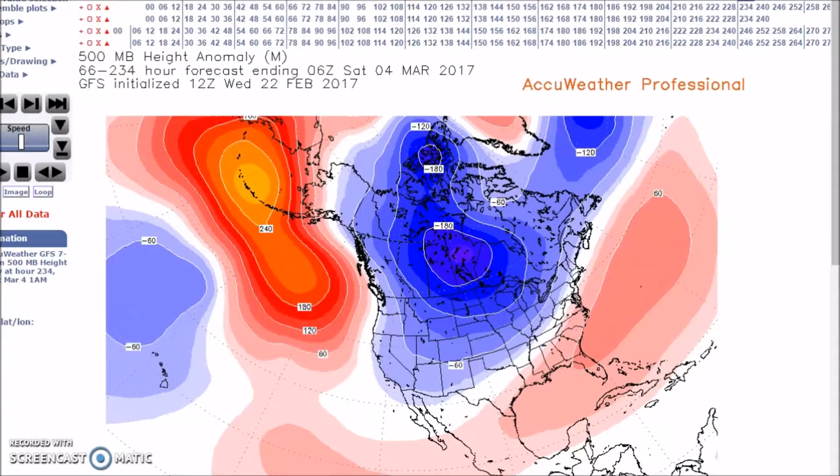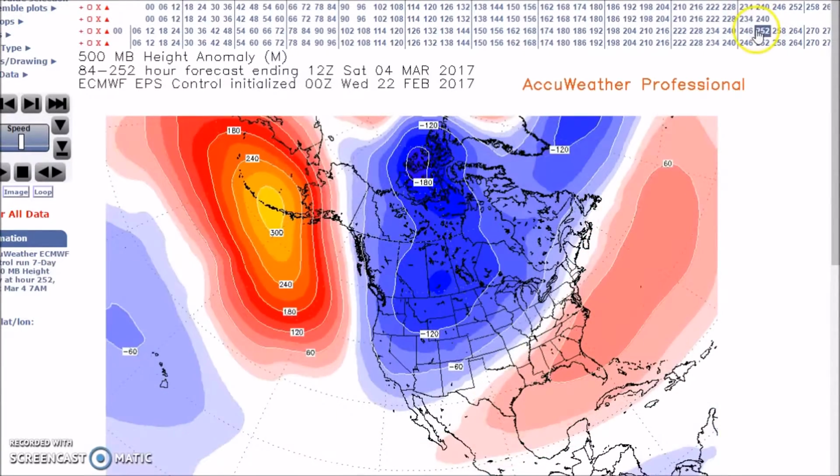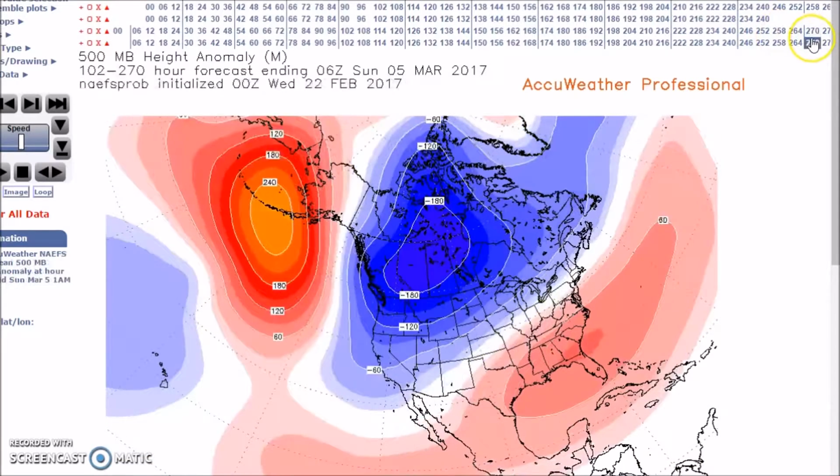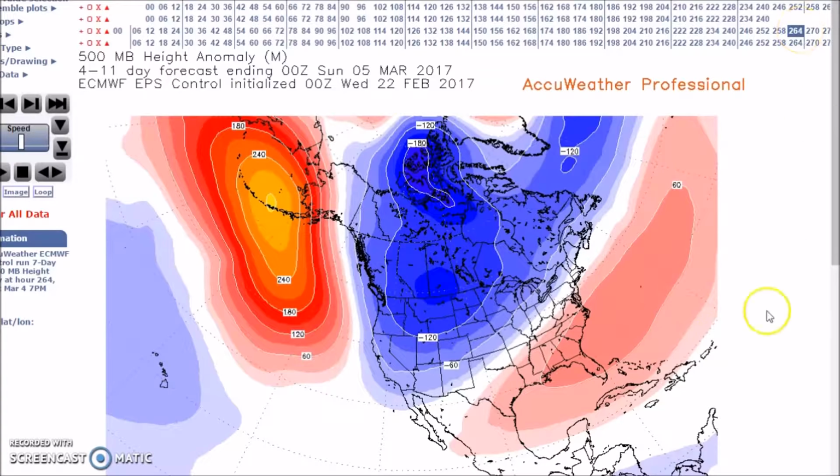I think the pattern would be more like what the other models are showing, such as the European ensemble, which is going to keep the trough more to the west. Here's our ridge starting to drop south off the west coast. So during this forecast period, I am forecasting